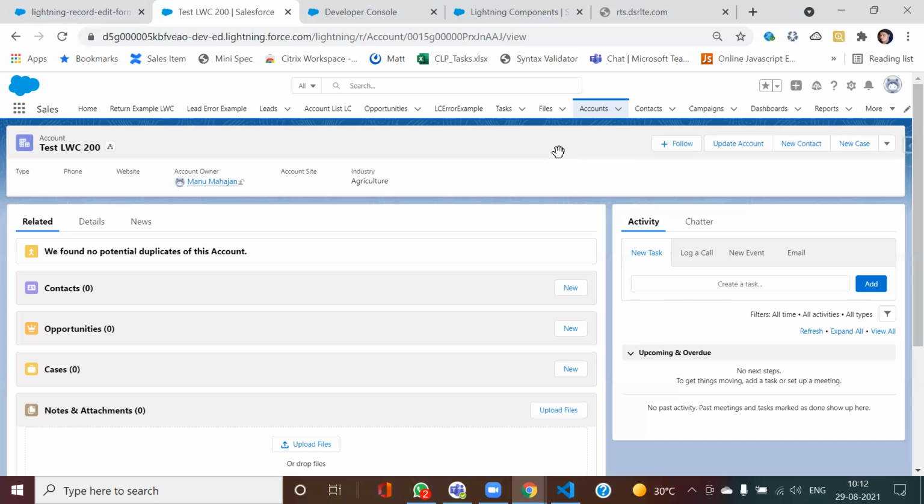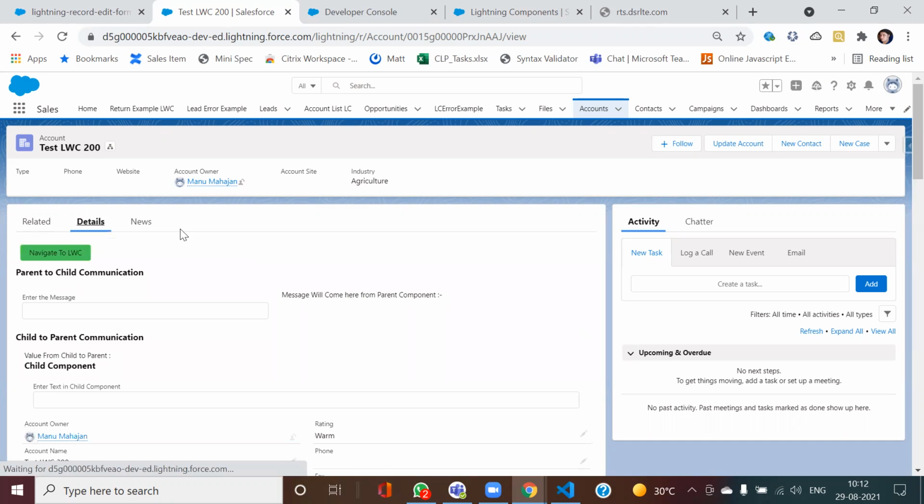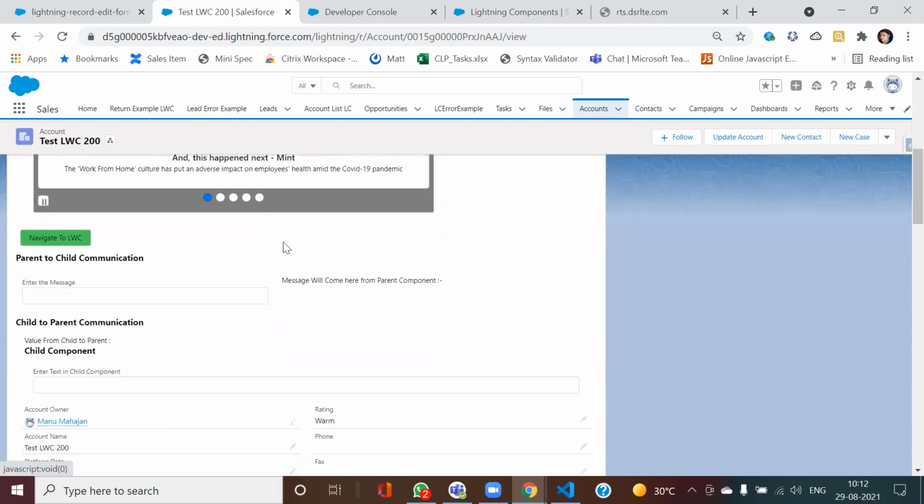So similarly in LWC also we have two types of communication. The first one is parent to child communication. That is one thing that I have. Then the other thing that I have is child to parent. So first of all, we will discuss this parent to child. Yeah.